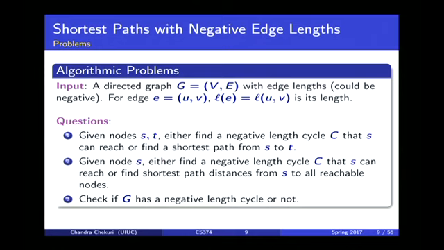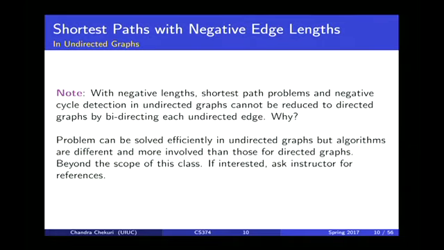Or, oh look, there is no negative length cycle, so I will give you the right distance. Is that okay? So those are the problems we're going to tackle. Yeah? Okay. How do we do this? So an important caveat here is that once you have these negative length